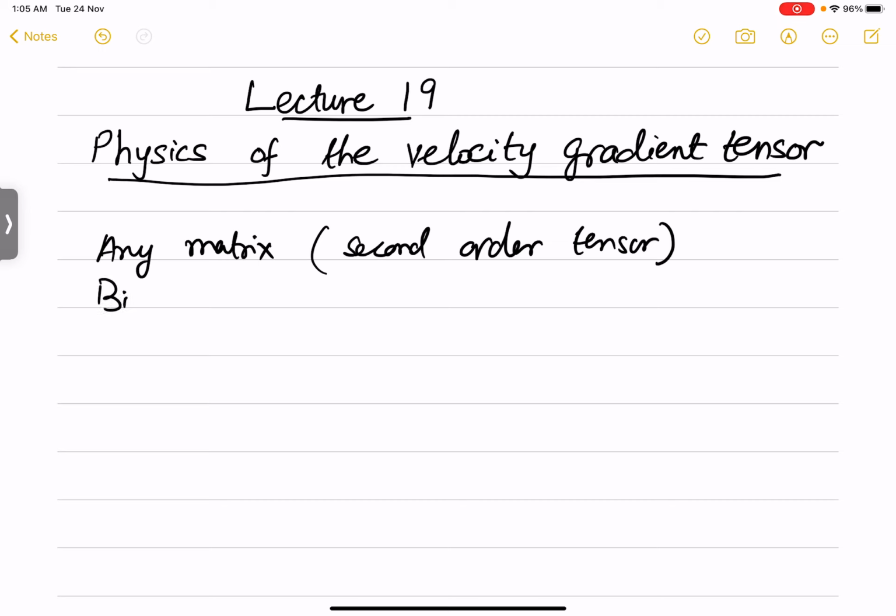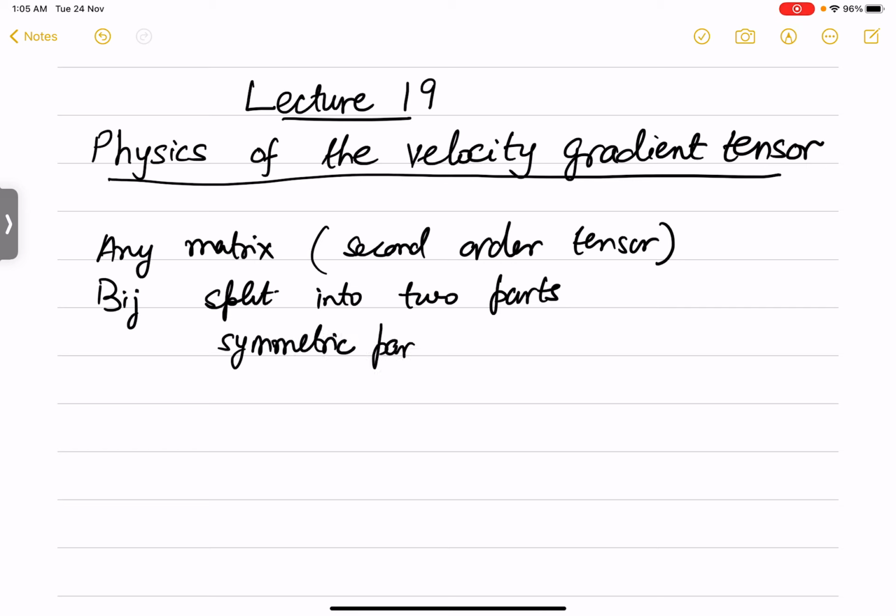So if we have any second order tensor Bij, this can be split into two parts, and the first part we call as the symmetric part, where the components are of the form